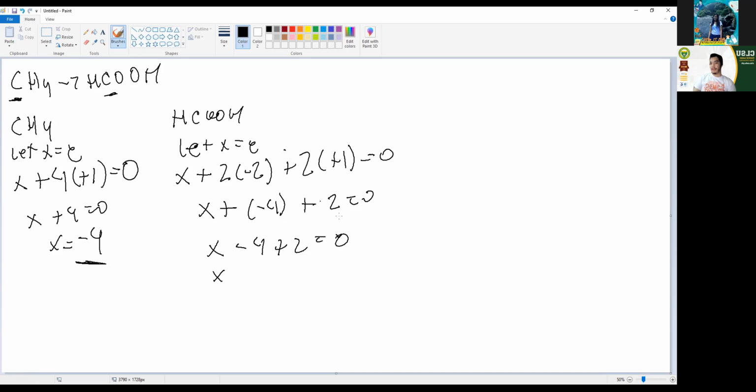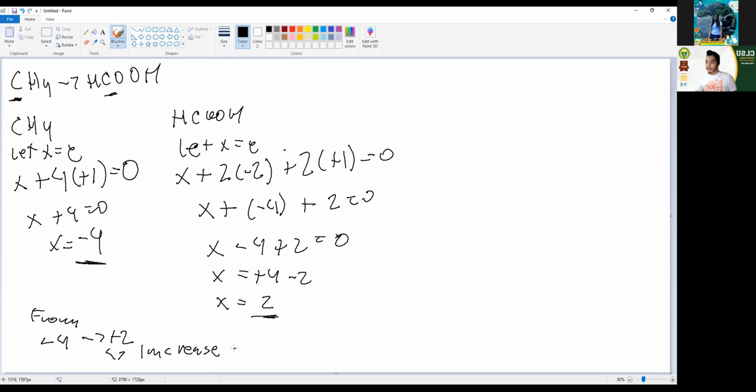So, X minus 4 plus 2 is equal to 0. So, ilipat natin lahat nung walang X sa kabilang side. So, since negative, maging positive 4. Since positive, maging negative. So, X is equal to 4 minus 2, which is 2. So, kung makikita nyo, from negative 4, naging 2. So, ibig sabihin, ano nangyari? Tumaas yung charge, nag-increase. So, ang nangyari dito, nagkaroon ka ng oxidation